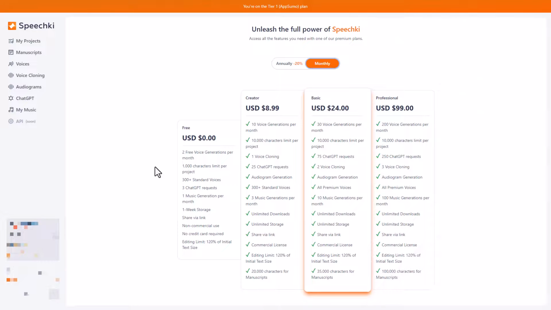So while we wait for things to process, let's talk about SpeechKey's pricing. It's $8.99 per month in terms of US dollars, and that gives you one voice cloning option. That's exactly what I've got at the moment. So it is substantially cheaper than Revoicer for voice cloning. It's not cheaper for Revoicer if you just want to use standard TTS that isn't voice cloning.